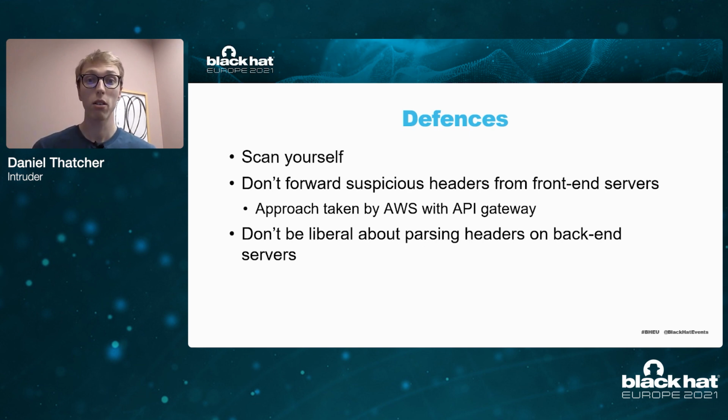So Cloudflare don't forward headers with a space in, for example, and that saves them from being used in the example earlier with API Gateway and the cache poisoning. And this is also the approach that AWS are taking to resolve this issue within API Gateway. They're writing a lot of tests to test the services within API Gateway to make sure they don't forward these